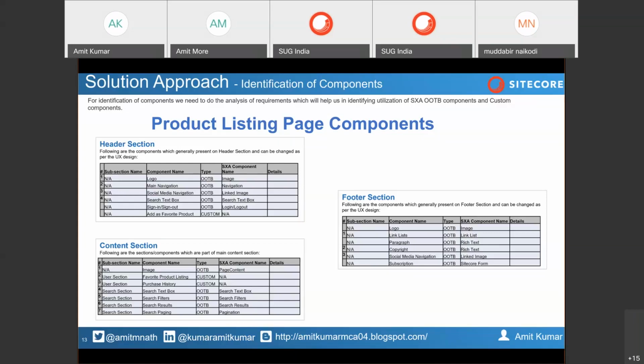So in the initial phase itself, you can identify which implementation will be suited. Mix and match can also work, but it's better to go with SXA. Because if you build one website in SXA, another in JSS, or another in ASP.NET MVC, then whatever custom component you have built, if required in the near future, you need to do the rework again, right? So there will be no reusability or cost saving.